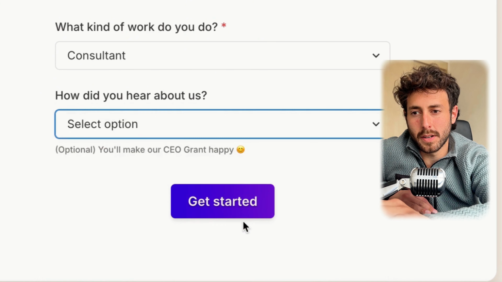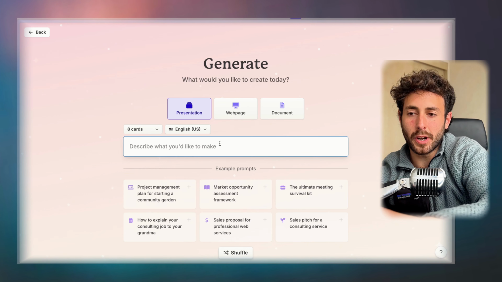So what we're gonna do is create a presentation using Gamma about AI for Marketers, about this channel. You can use example prompts here: strategic partnership identification, brand repositioning, project management plan for starting a community garden, competitive intelligence, a practical guide, risk assessment and mitigation framework, etc. And you can shuffle them, right? Market opportunity assessment framework. These are literally all the types of slides and presentations that someone in a corporate job would use, right? But today we're gonna go with a pitch deck